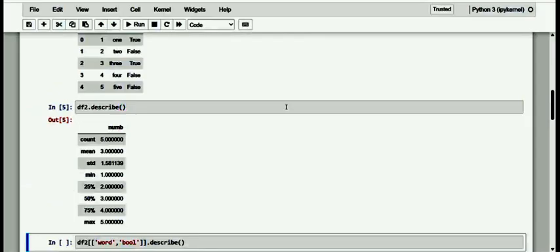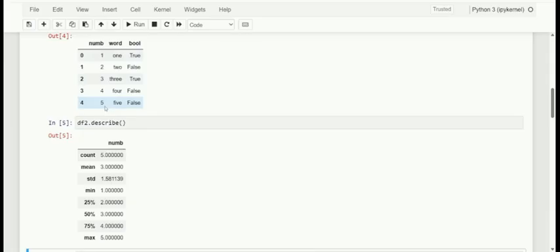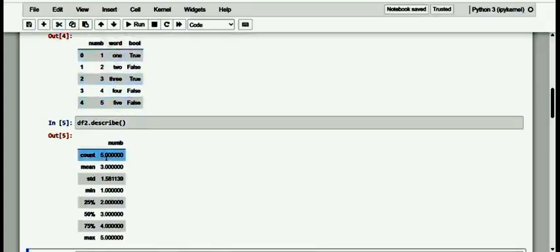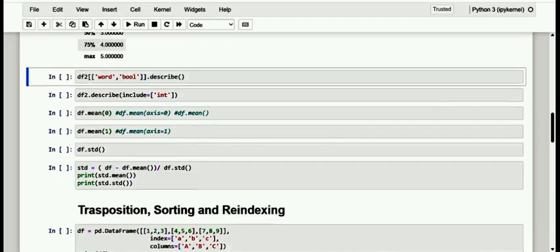There are no columns with numerical values here other than those. So here we get only the numerical values, of which we have 5 counts, and this is the mean, standard deviation, the minimum value, maximum value, and the other 3 percentiles. Now, for columns other than numbers, we have to specify the particular column which we are having other than numbers.